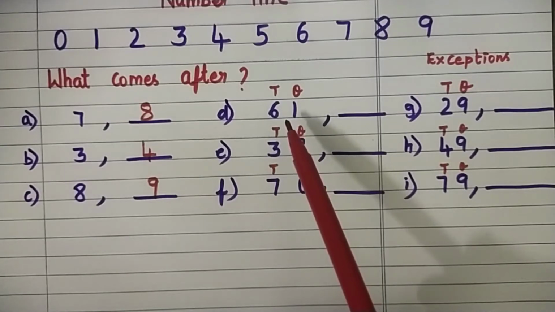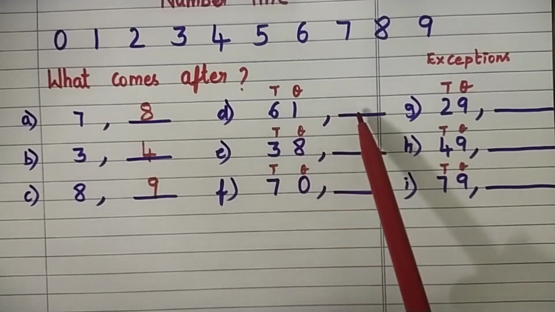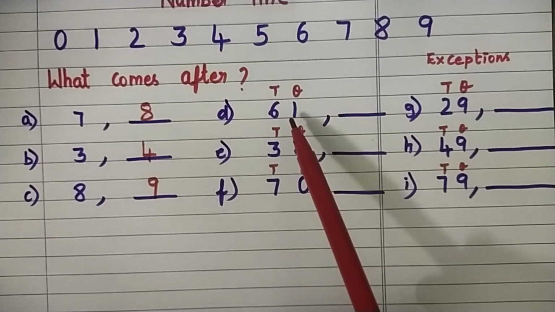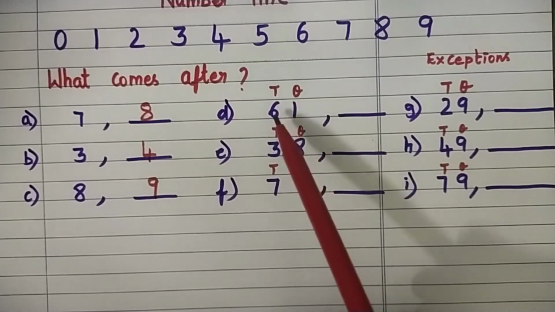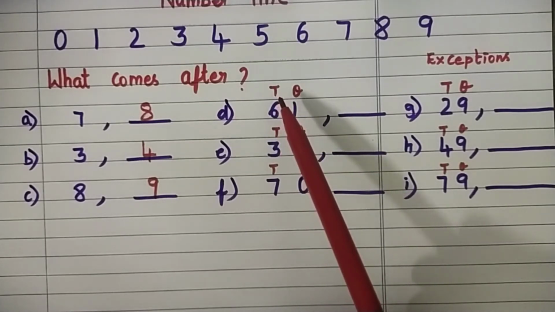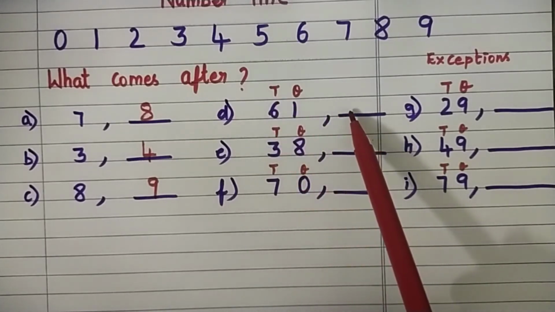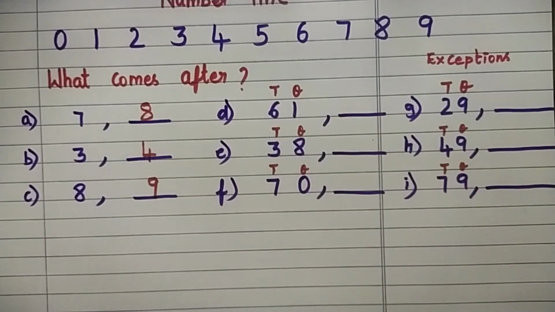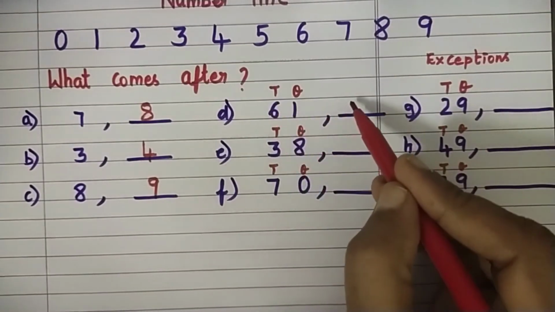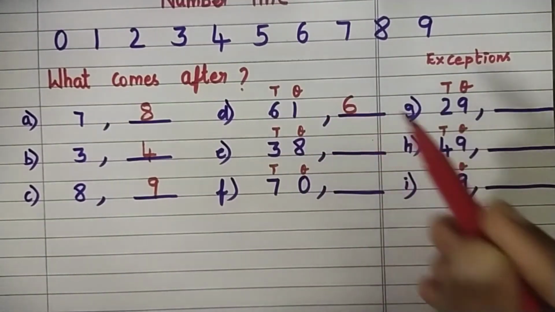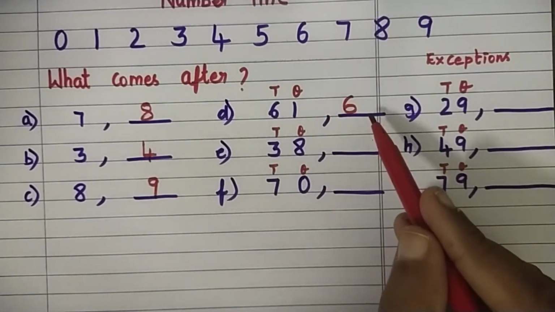Children, now I'm going to teach you how to write the after number for a 2-digit number. Here we have to follow a small trick, children. The trick is the highest place for a 2-digit number is the tens place. So write the tens place as it is in the after number. So write the tens place digit as it is, 6 as it is in the answer place after number.